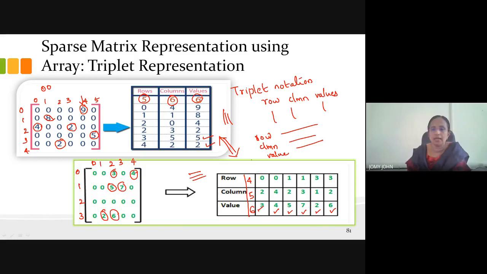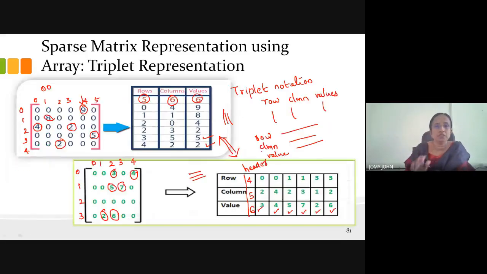This is known as a header row. The header may or may not be there in a sparse matrix. If a header is there, it is easy for computation because we know how many elements are there. Okay, header is not a must. We can write a header or we can write a representation without a header. There's no problem in it. Okay, this is known as triplet representation. Is it clear?